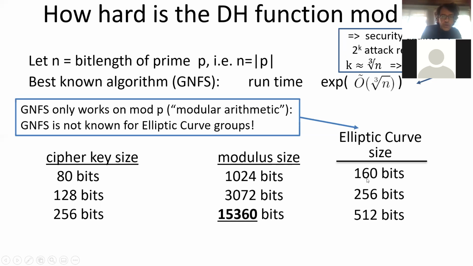The number basically translates into the description of elliptic curve elements, and there are also some moduli that define an elliptic curve. These moduli will be only 160 bits long for 2 to the 80 security, 256 bits long for 2 to the